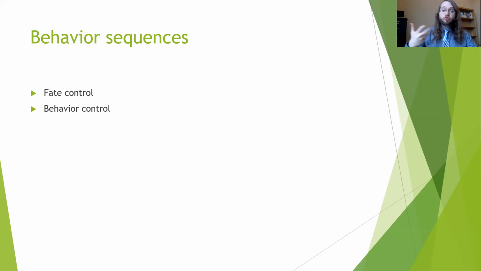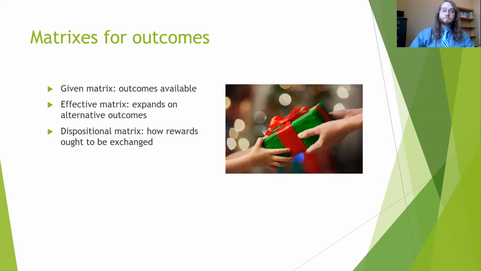In this way, we can control behavior. That is, we attempt to control the behavior of others, like fake control, or behavior control, where we alter our own communication to change the interaction. Maybe we don't like how our communication with somebody else is going. Maybe it feels disrespectful or one-sided, and we decide to change our behavior in that relationship. Additionally, there are some matrices available in terms of the outcomes of our relationships and how we might choose to share the rewards associated with those.